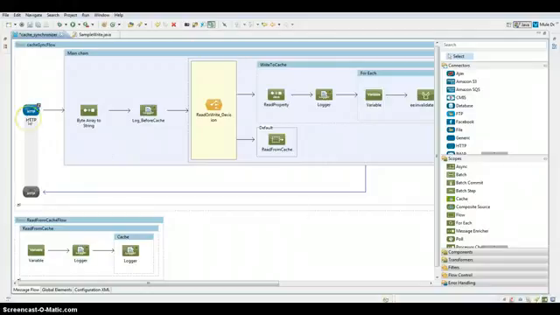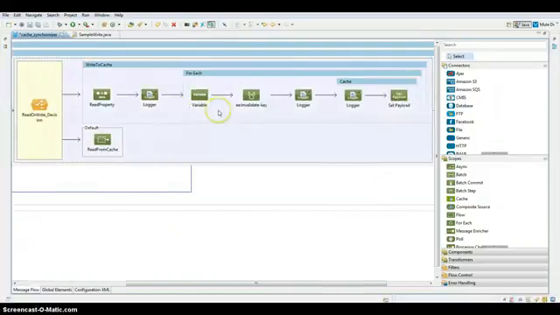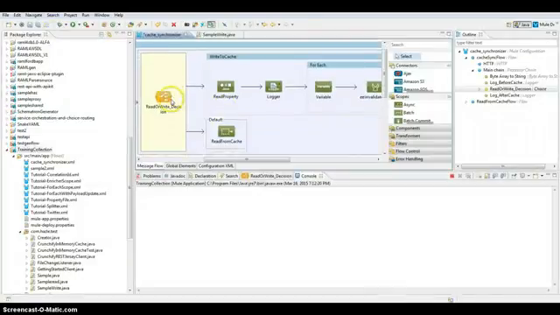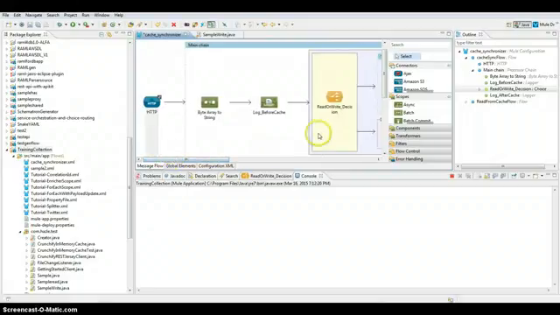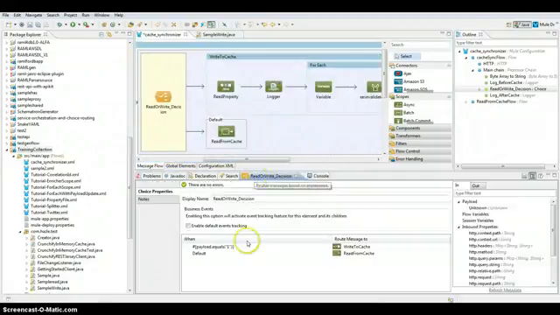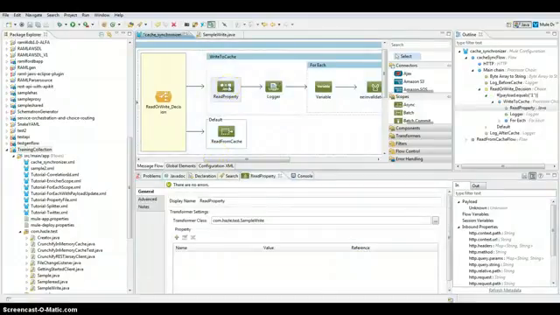Now, to understand the flow here, I have an HTTP flow which consumes my request. I have a choice router here which does two things. If the condition is satisfied as 1, it will write to a cache, and if not, it will take you to read cache. So in write cache, I'm trying to load a property file using typical